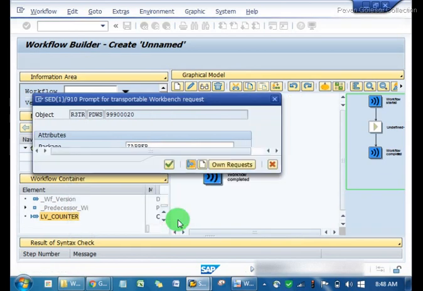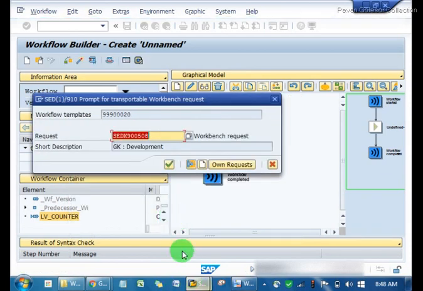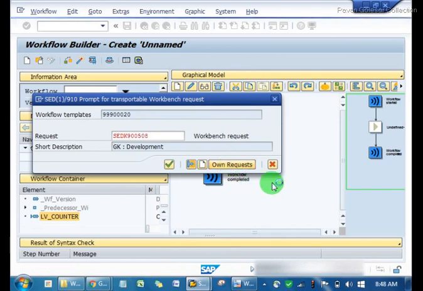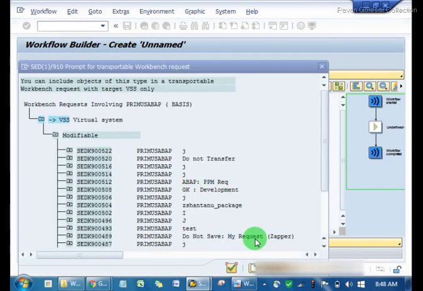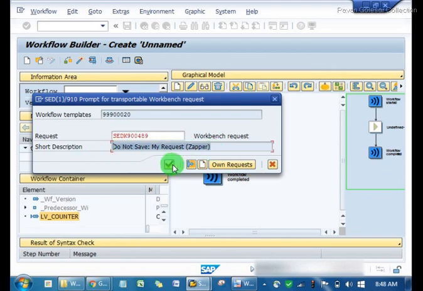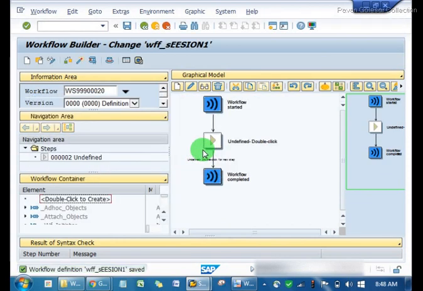We save it in the package. Give some relevant, always choose your own request IDs. So as you can see, we have created this one variable in our new workflow.